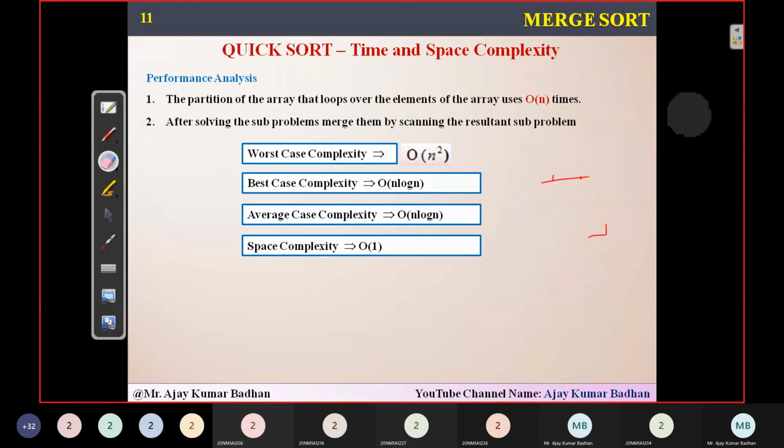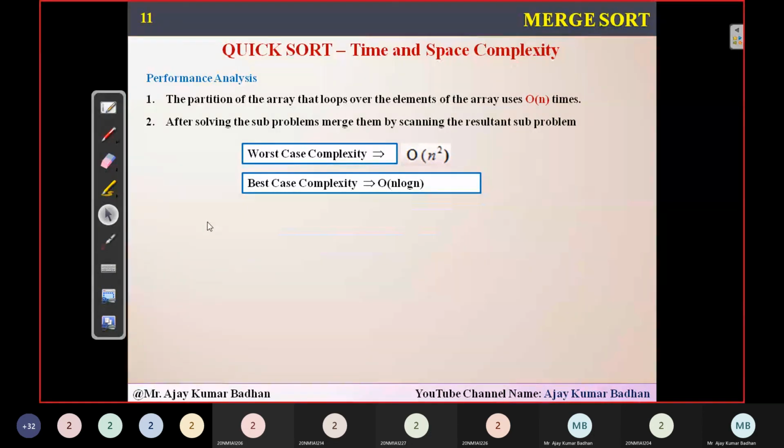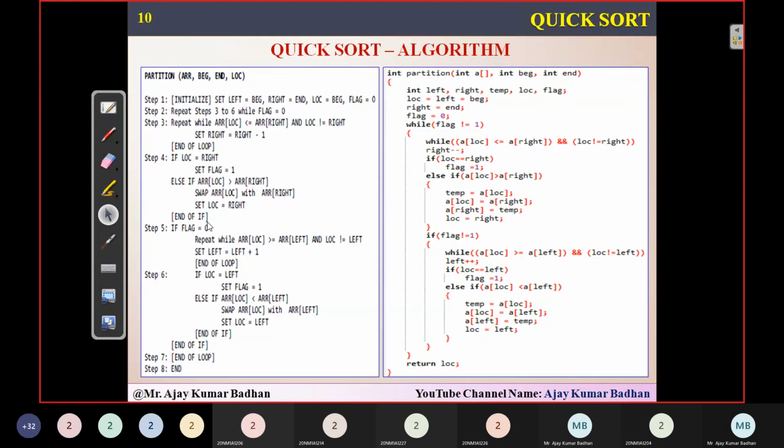I'll show you once and then we'll wind it up. Here I have used something called temp for swapping purposes. This is the only additional space I have used, only one space. That's why the space complexity is order of 1.